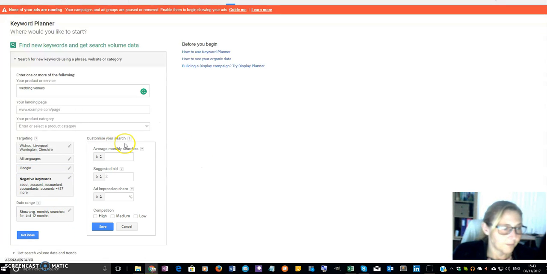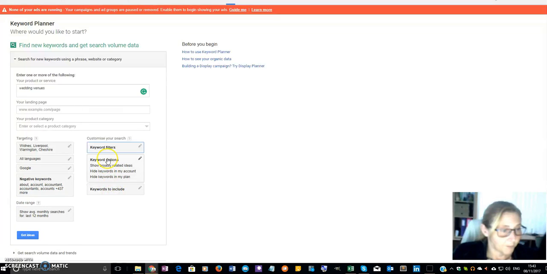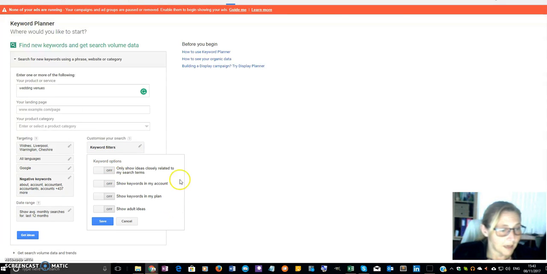Keyword filters, okay. I'm not worried, I'm going broad, so I'm not worried about any of these. Show broadly related items. So if I wanted to be specific and I wanted to search purple wedding sandals, I would have purple wedding sandals and I would choose show ideas closely related. But I'm going broad before we go